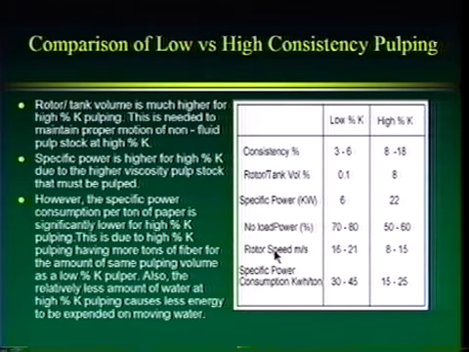The rotor speed, I'll also mention, is 16 to 21 meters per second, so that must be the tip speed of the rotor, versus 8 to 15 for the high consistency pulper. So what that says is that the rotor in the high consistency pulper is moving a little bit slower. And it can move a little bit slower because the high consistency pulper is depending on the rotor tip